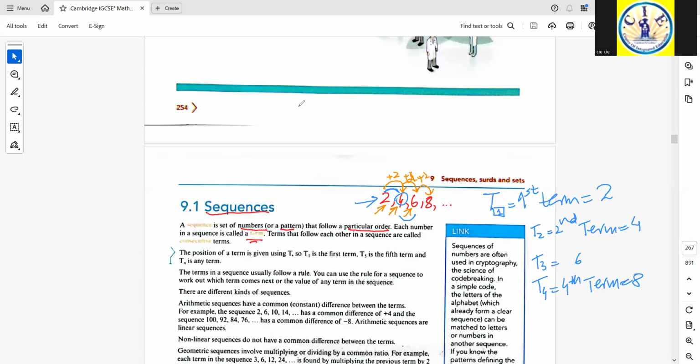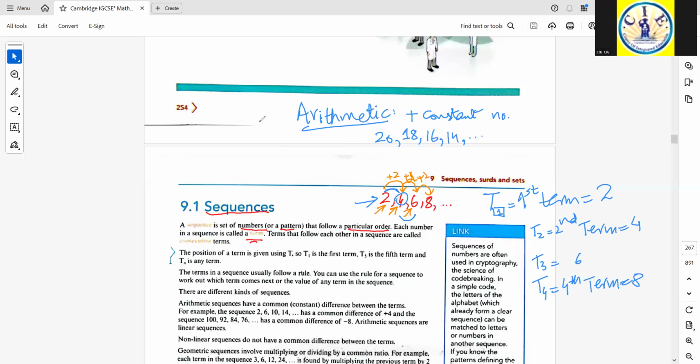Okay, with this, we introduce another type of sequence, that is an arithmetic sequence. It is a sequence whose each consecutive next term is obtained by adding a constant number to the previous term. For example, if I say 20, 18, 16, 14, and so on, you can see that